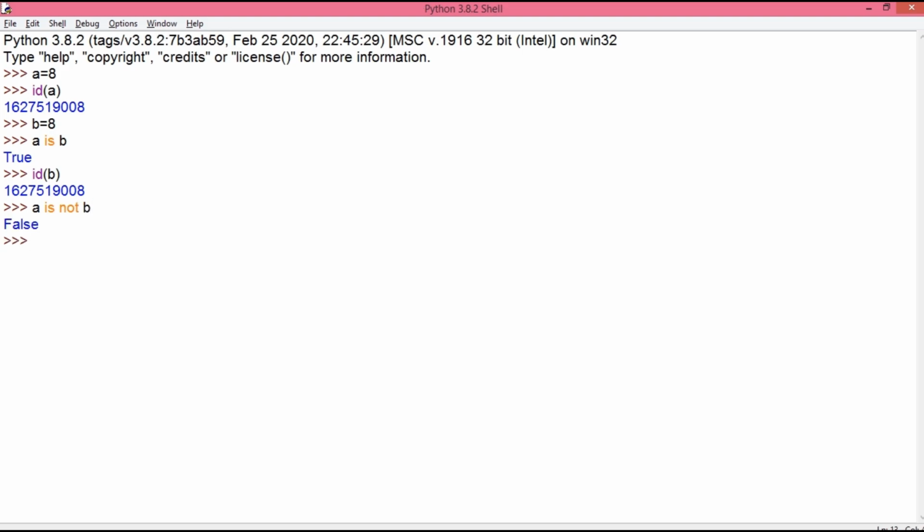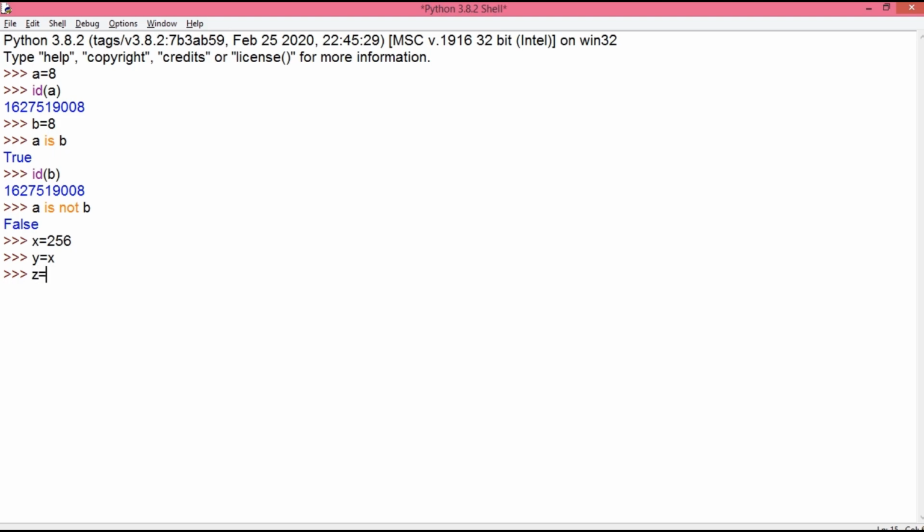It is important to understand that this operator is not similar to the double equal to operator, which I have explained in the relational operators topic. Double equal to operator compares the value of two variables, whereas the identity operator compares the id of two variables. Now, there is something very interesting in Python, that if we have numbers from 0 to 256 assigned to variables in different ways, like I initialize variable x with value 256, now I initialize y with x, that means the value of x gets copied to variable y.